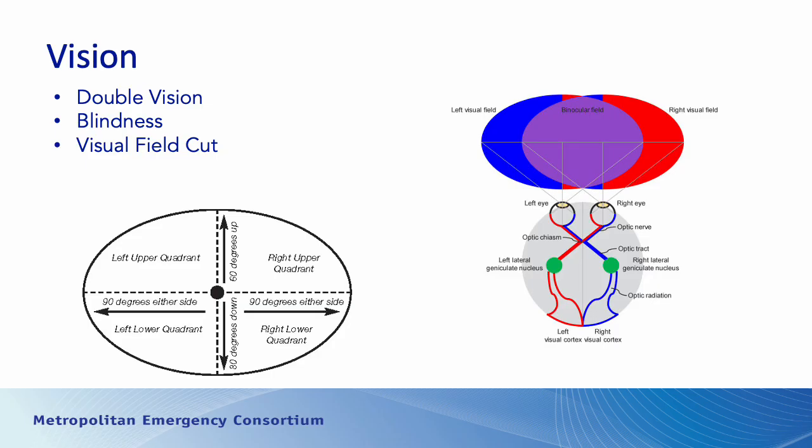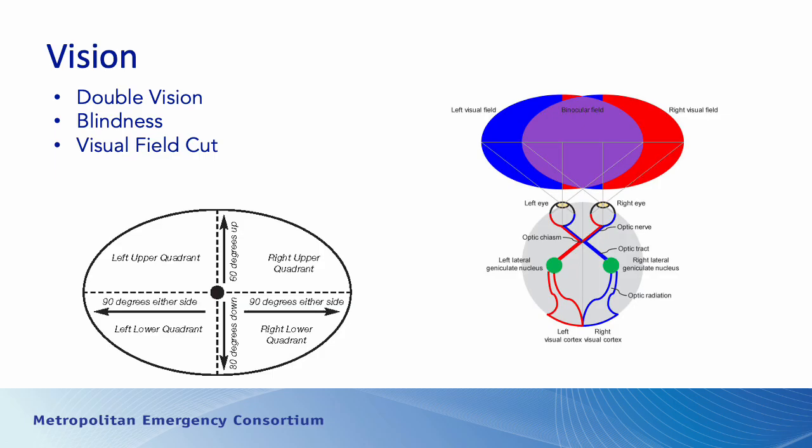Vision is an important component of our stroke assessment. And when you have a patient with unusual symptoms, or have unusual visual symptoms, think of it, could stroke be a possibility? So patients who have acute double vision without head trauma, patients who have acute blindness, or have what we call